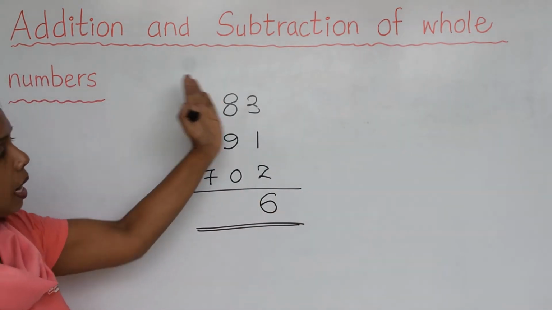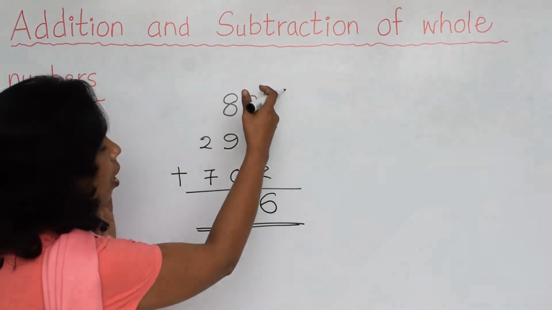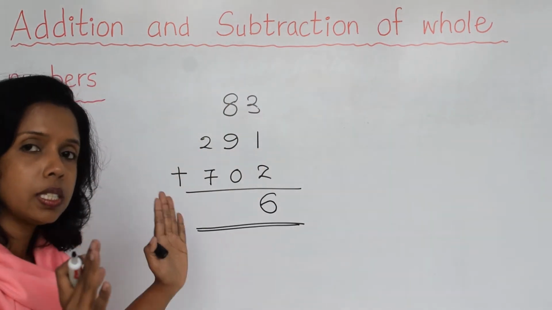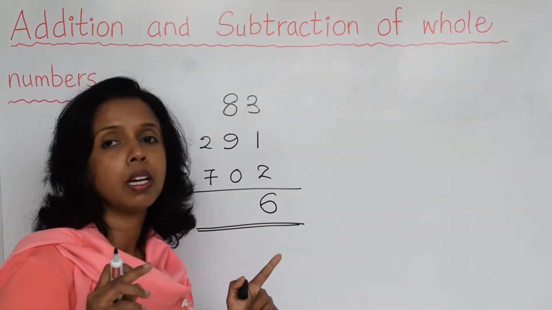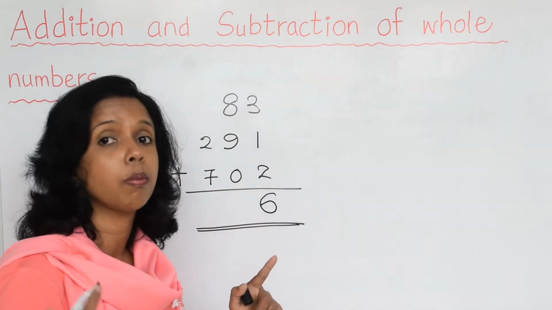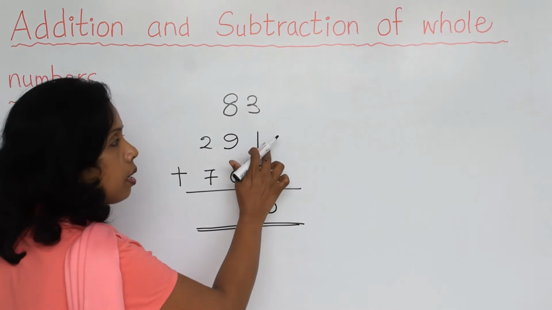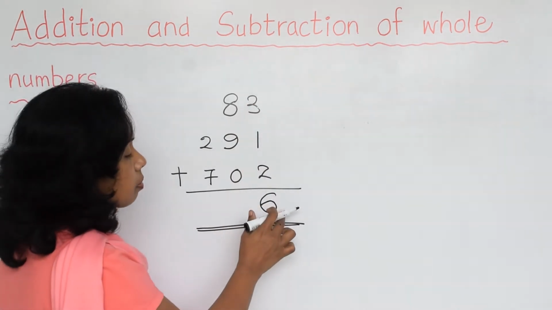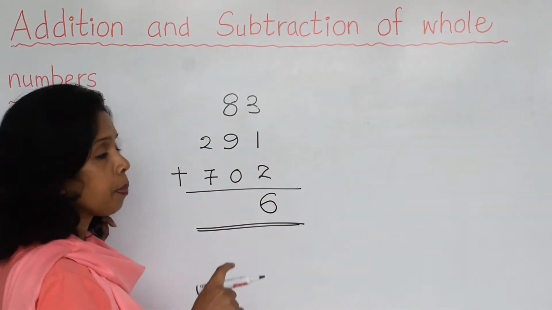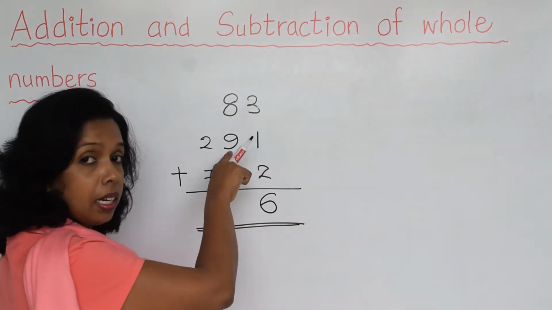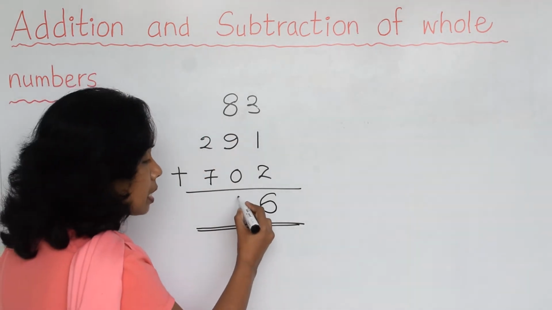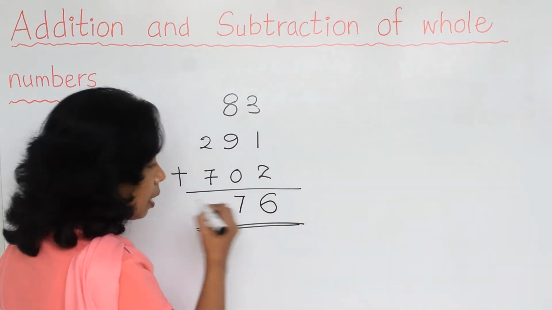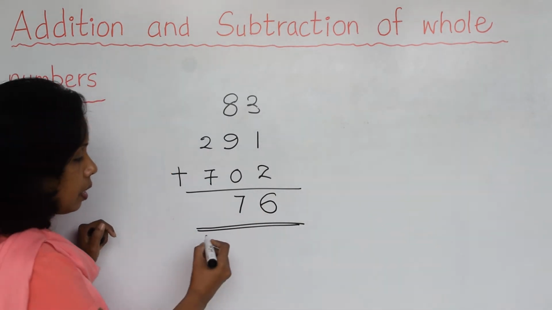Even though it's a part of a question, when you are dealing with this column, you just think about that column and how we dealt with a column of numbers. We started from the bottom, then 2 plus 1, 3. 3 plus 3, 6. Then think about this one. 0 plus 9, 9. 9 plus 8, it is 17. You write this 7 and